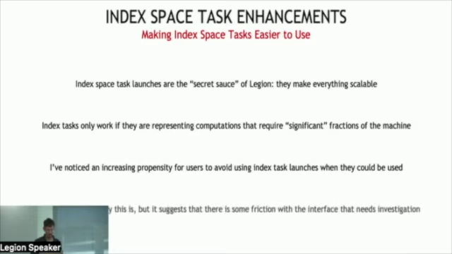And I'm not really sure why this is happening. But I feel like it needs some investigation, because it suggests there's some source of friction that's causing problems for folks not being able to actually use index-based task launches as effectively as I think they should be. And I think it is important that we make sure that index-based task launches